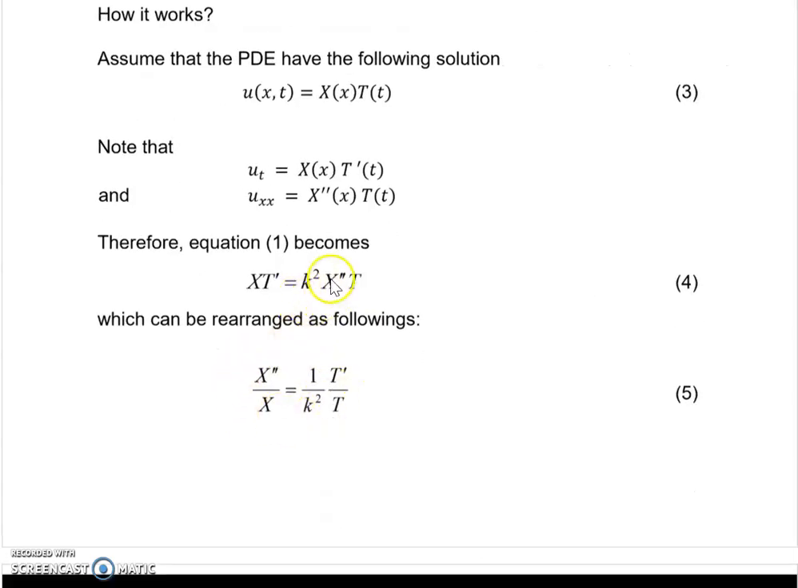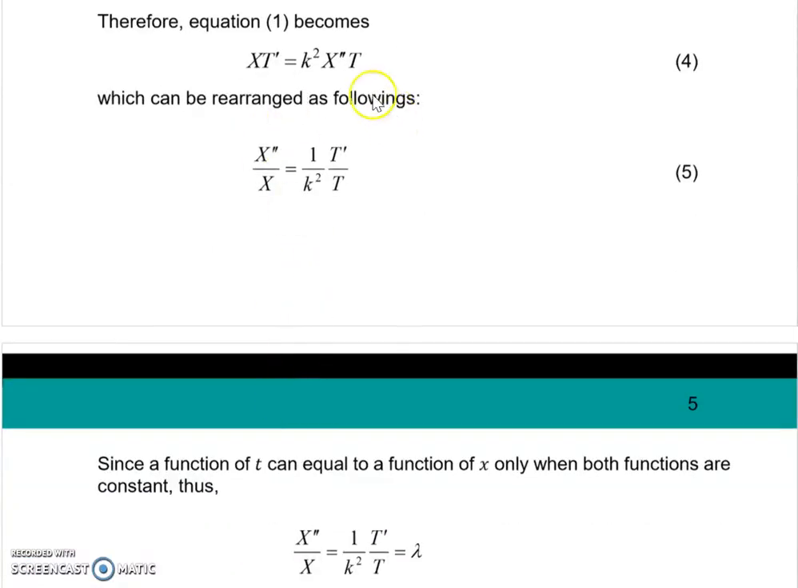Basically just separating the variables. All terms that involve the x should be on the left, and the remaining should be on the right. So we have equation 5 here, just the arrangement only. All right, so based on equation 5, we know that the left-hand side